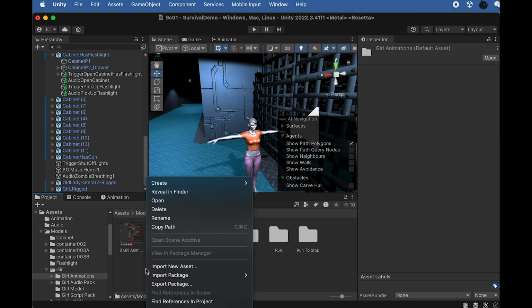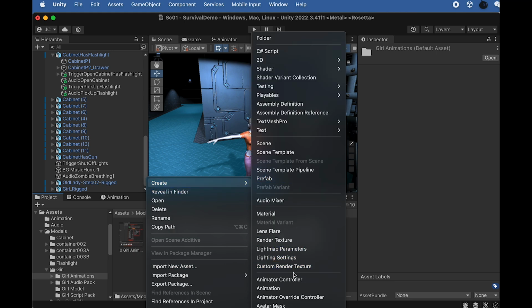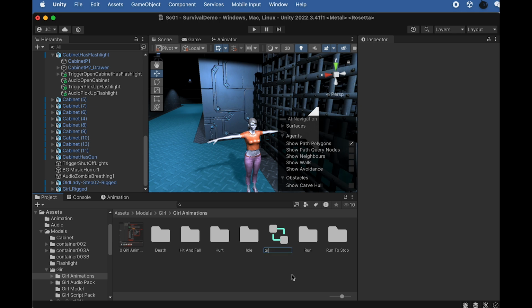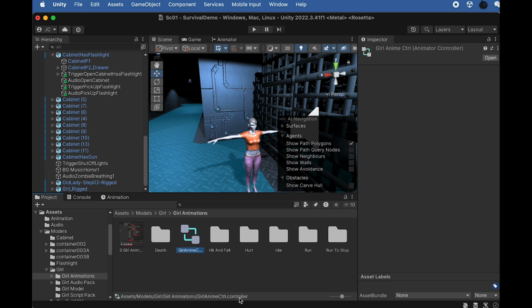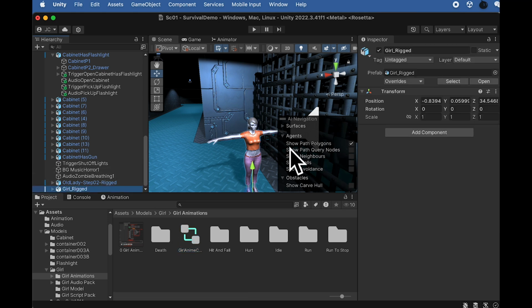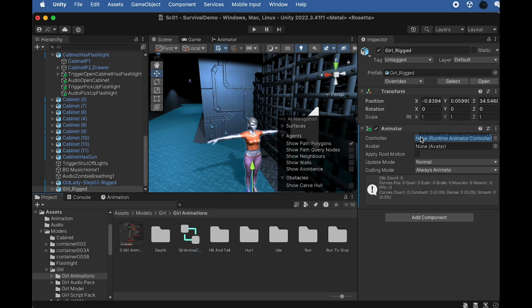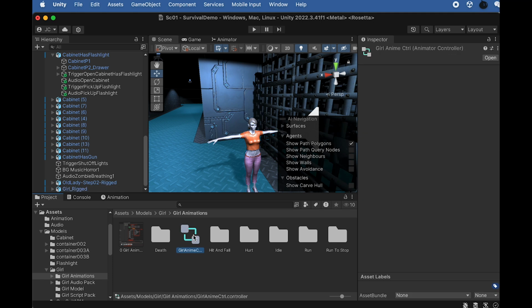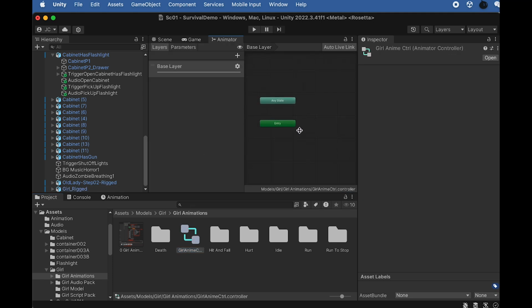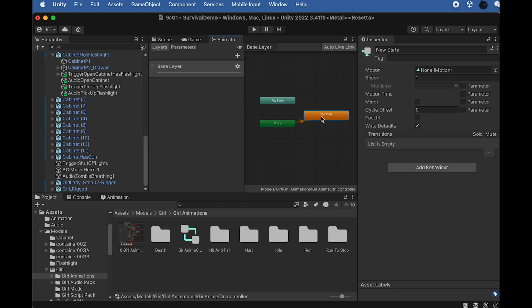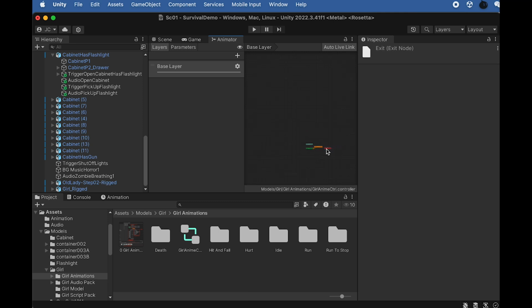So let's go to the animation folder, let's right click and create an animation controller, and we can say girl anime control. Okay, you can put any name here, it doesn't matter. And let's select the girl, add an animator, and assign the animation controller we just created onto the girl. Okay, then let's double click to open the animation controller. So in the beginning, we want to create a new state, an empty state. So we want the animation controller to play an empty animation by default, and later on we're going to use script